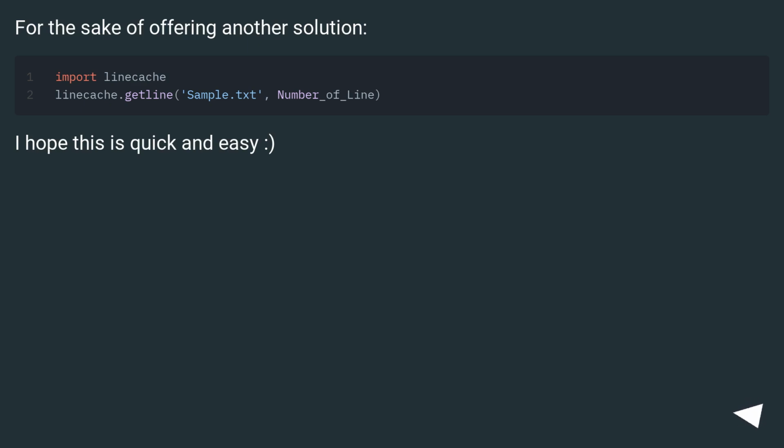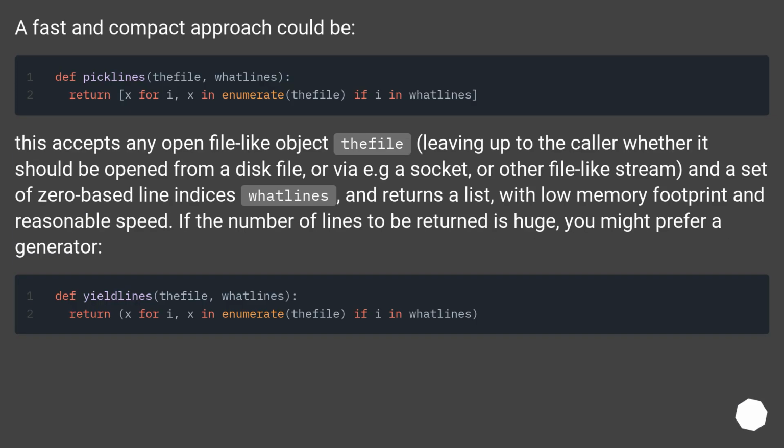For the sake of offering another solution, I hope this is quick and easy. A fast and compact approach could be: